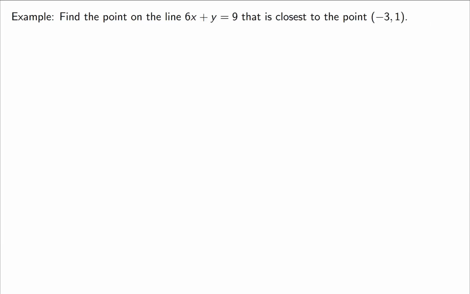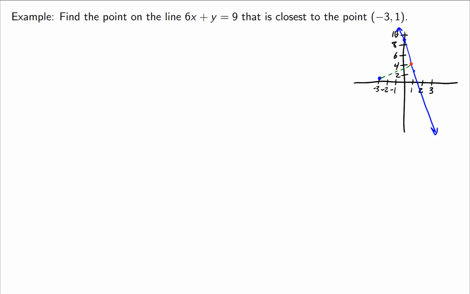Our next example is going to use the distance formula. We want to find the point on the line 6x plus y equals 9 that is closest to this point, -3, 1. Here's a picture of what we're looking at. We want to find the shortest distance between this point and this line, which is just somewhere along